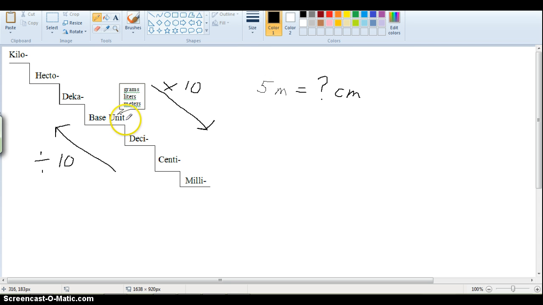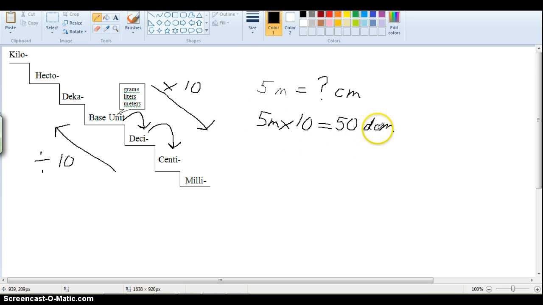So we're going down the steps, right? We're starting here, and then we're going down 1 step, 2 steps, to get to centimeters. So do 1 step at a time. So we have 5 meters. We're going down, right? So we multiply times 10. And we went down that step. So we have meters, now we're at decimeters. So 5 times 10, 50